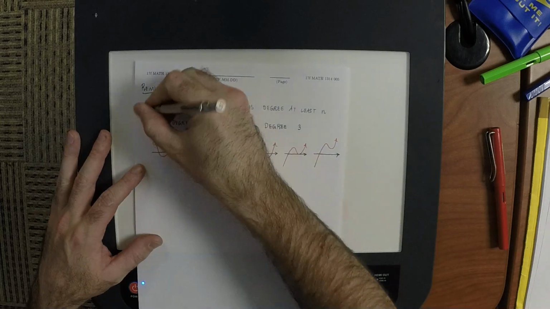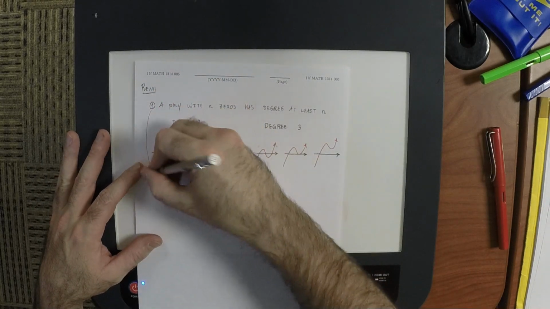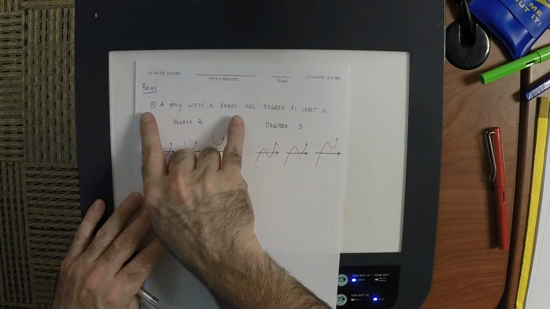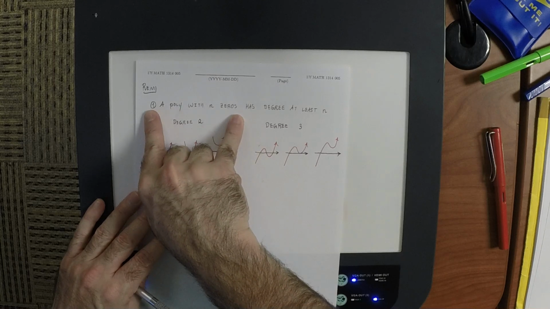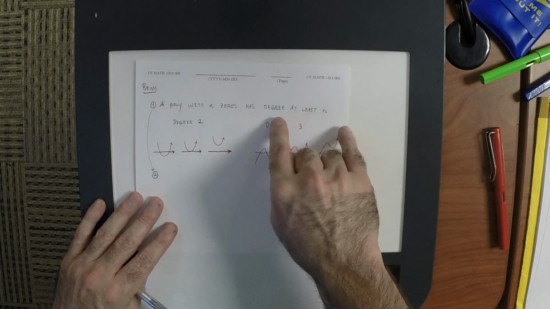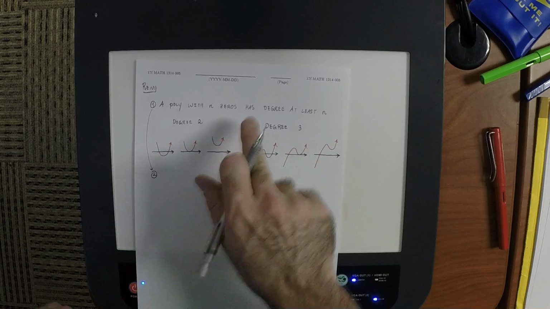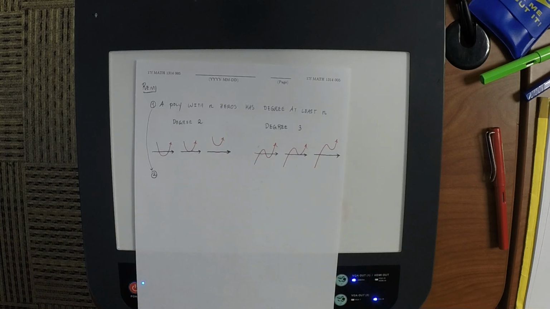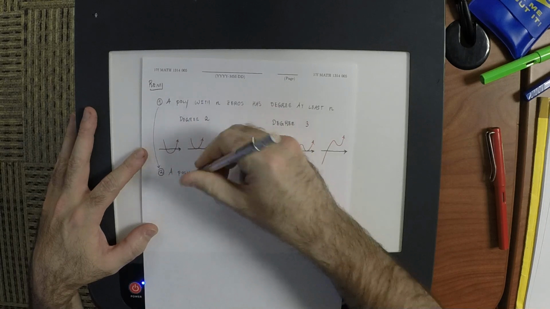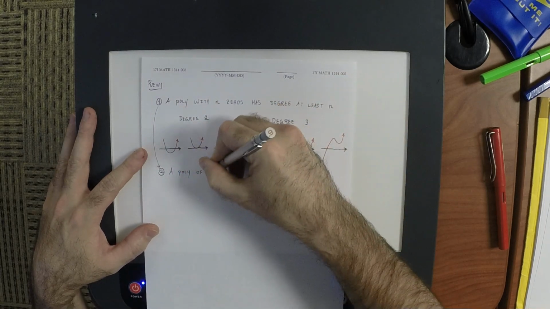So now, let's take this sentence, and I want to say it in another way. English as a language is subject, verb, object, SVO. The subject of this sentence is a polynomial with n zeros. The object is the state of having a degree at least n. And the verb is has. So I'm going to switch the positions of subject and object and say the following. A polynomial of degree n